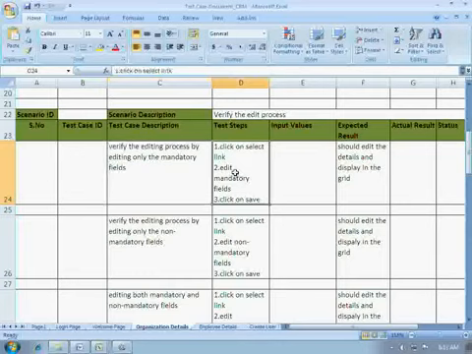after these test steps and after giving input values, the expected result was it should edit the details and display in the grid. So to check whether the details have been edited or not, first before editing the details you check the values, and after editing the details you check the values by running SQL queries. The query we have written above, you can write in here as well.